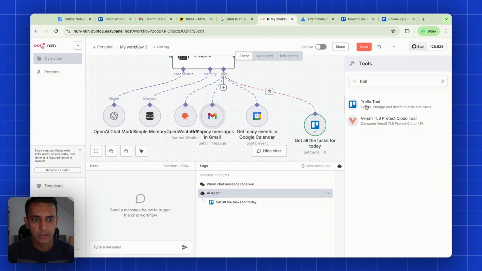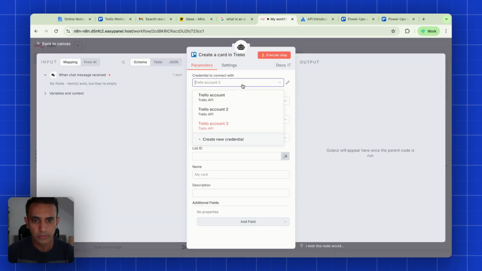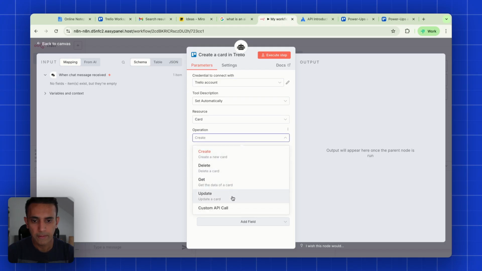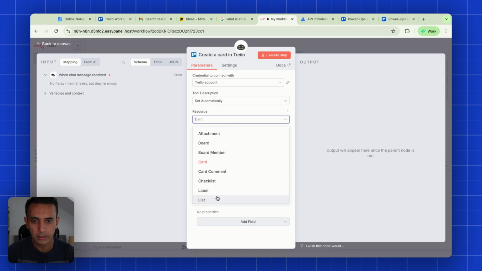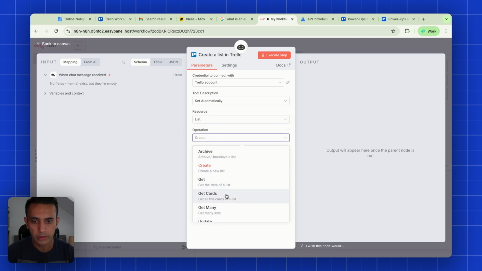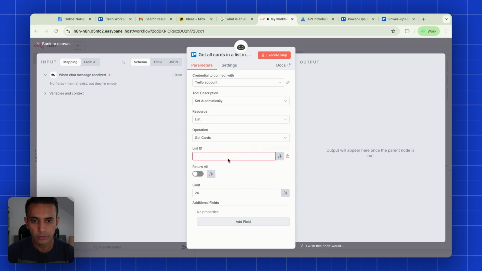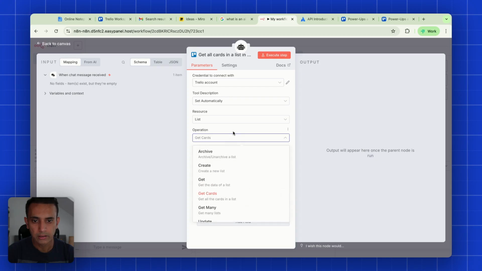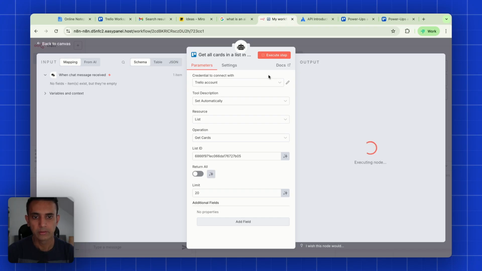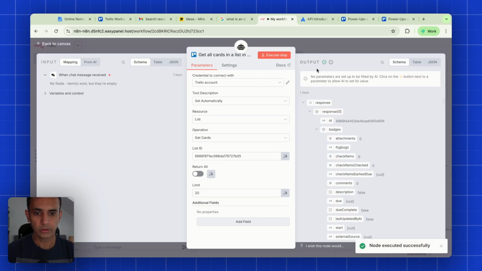Then I'm going to look at Trello again, and this time I'm going to go back to Trello first account. I'm going to look at the list. I'm going to get all the cards, but not just for today, but this time I'm going to get it for the full week. And I know that this is the ID, and I'll just say get cards and execute the step. So now it is able to pull all the cards for